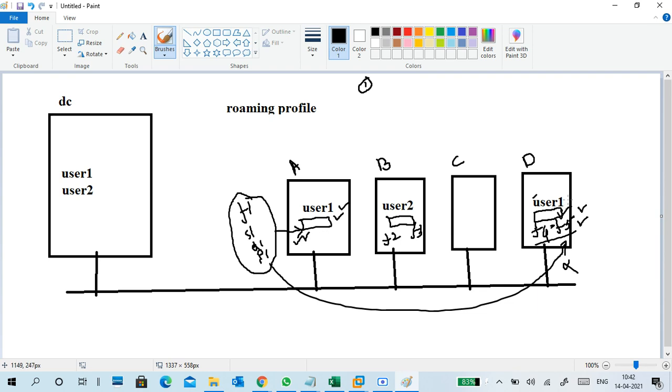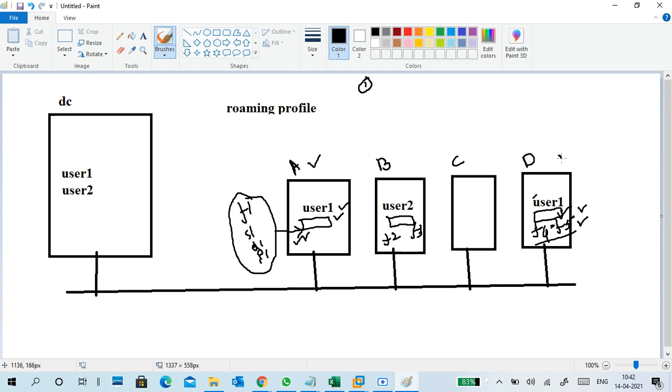And the next day, user one came back to PCA. Already I told you, the first time he logged into PCA and created some profile data, the data is stored in PCA only, under the user one folder, right?